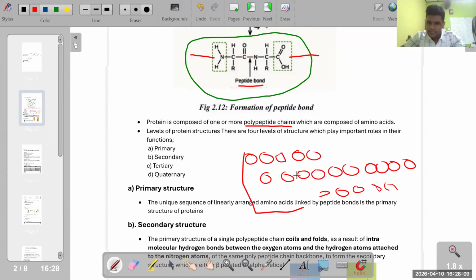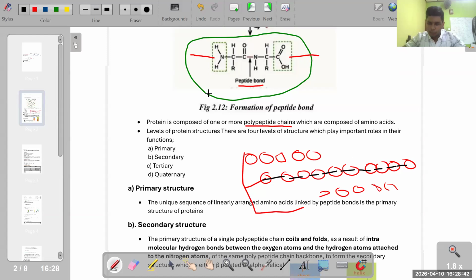Now this is a polypeptide chain. This complete chain. See, this one circle is an amino acid. So this is a complete polypeptide chain because there are multiple peptide bonds between each of them. See, if you see this black one as the peptide bond, these are the peptide bonds that are present between two, right here like this. So there are multiple peptide bonds. As there are multiple peptide bonds, we say this complete structure is a polypeptide chain. Clear, right? I think it is clear.